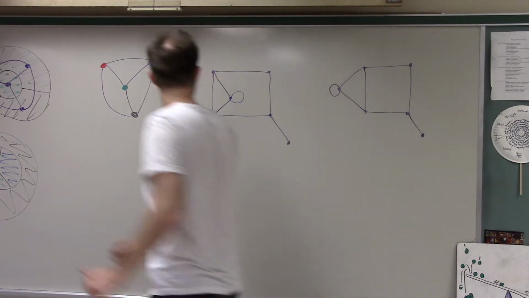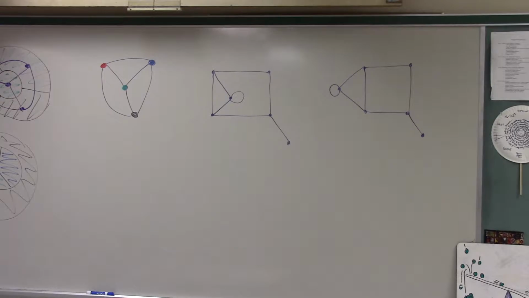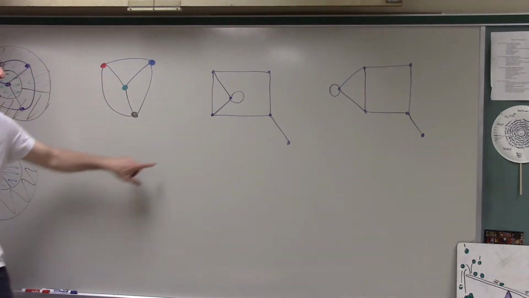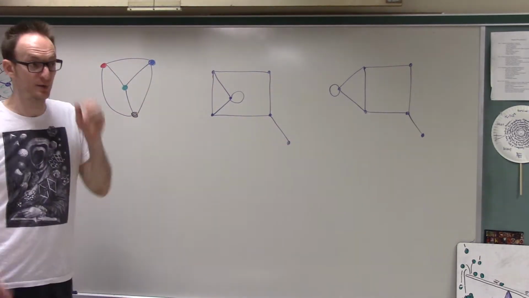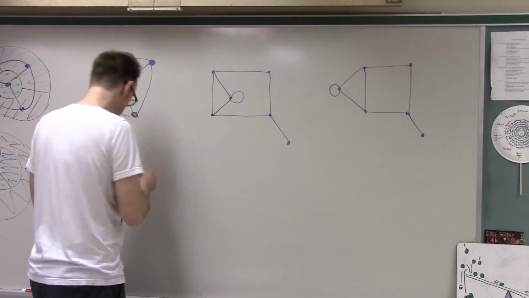Okay, but do they have the same number of regions? Actually, they do have the same number of regions, but the regions are legitimately different. For example, can you see a property that one has that the other one doesn't? I actually don't. Like the circle is bordering the square. Yeah. And then it's not in the right one. Okay, sure, I guess that is kind of different. Okay, so I hereby define the dual graph. This is a particular embedding. This is a particular embedding. What's the dual graph? The dual graph is one in which you place